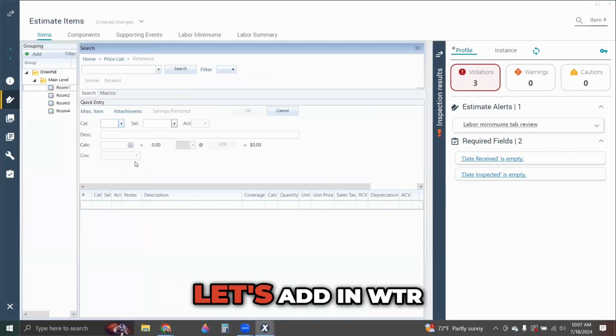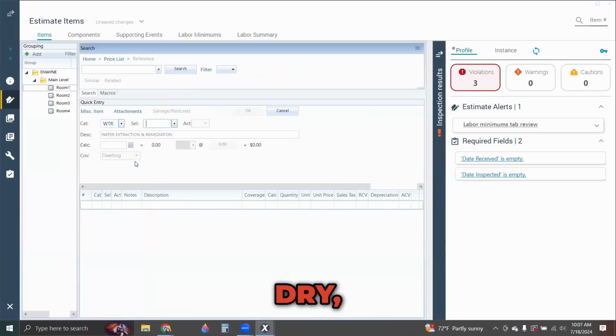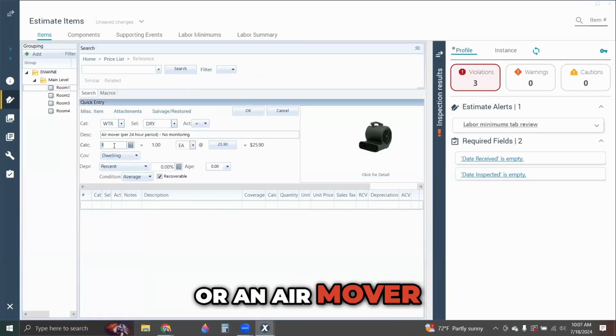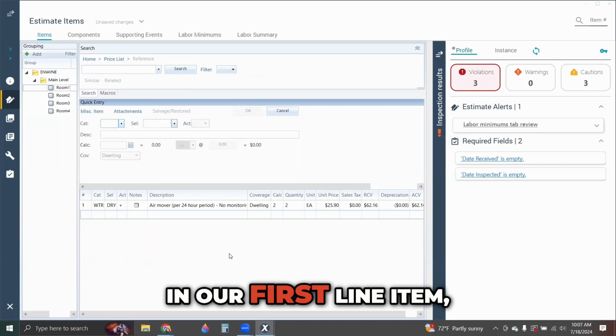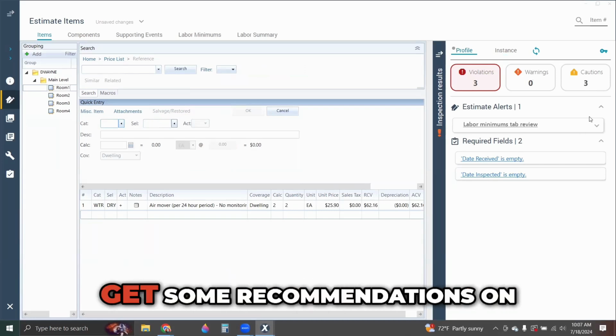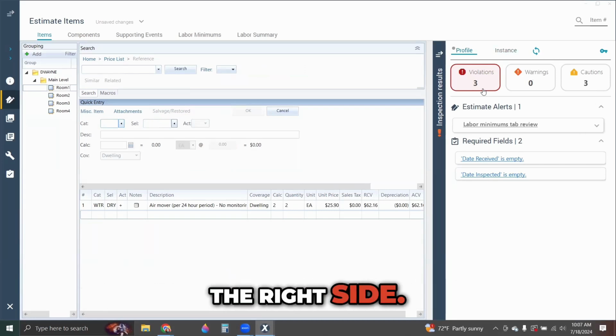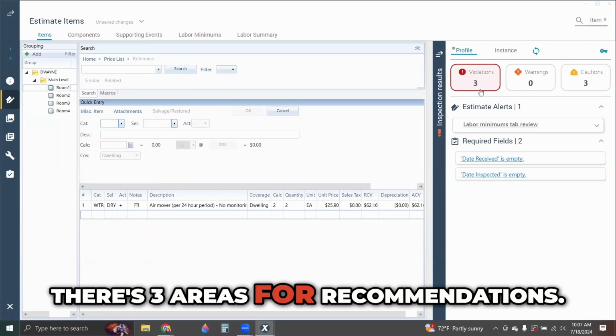From your workflow, let's add in WTR, DRY, or an air mover here in room 1. Let's add in 2 of them here in this room and click OK. Now we just added in our first line item, and we're already going to get some recommendations on the right side. There's 3 areas for recommendations: